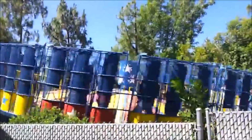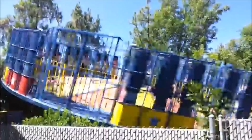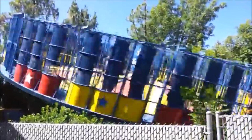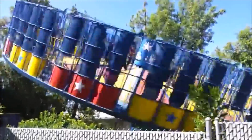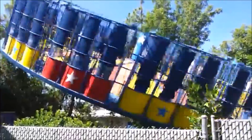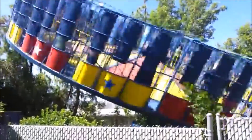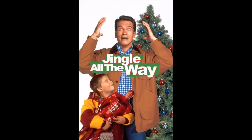Okay, Wonder Woman. Wonder Woman had done a similar trick to the Flash, a centrifugal ride that spins around in the air and on its side, opened as the Electric Rainbow, which sounds like a gay metal cover band before they changed their name to Judas Priest. Anyway, it became Turbo in 1987, which, thank God this name change happened before Arnold Schwarzenegger's Jingle All the Way. I just picture so many kids prior to the start of this ride going,